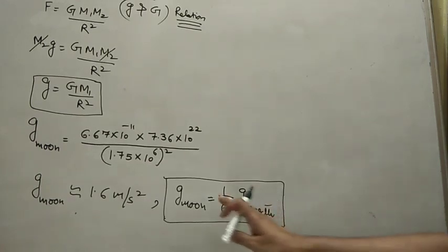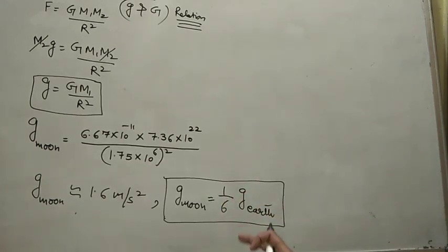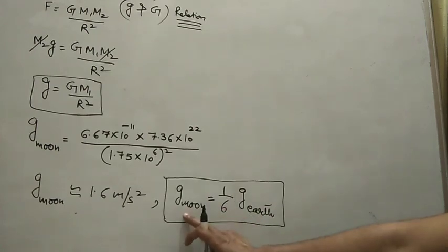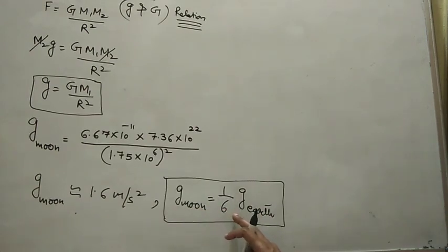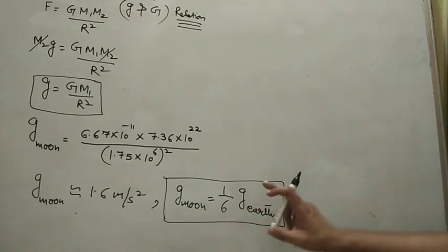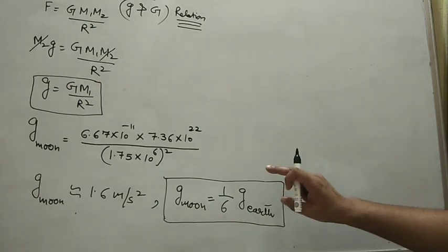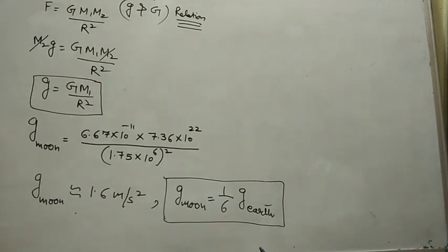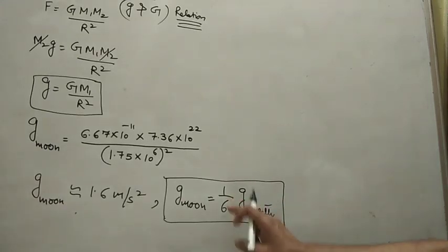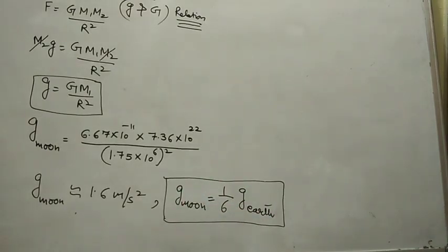Due to this difference, if we take the same body on moon and notice its weight on earth, obviously you will find the weight of that body on earth with the greater value. Why will it be greater? Because it will be 6 times the weight of that body on the surface of moon.